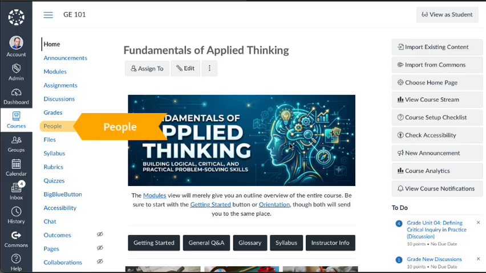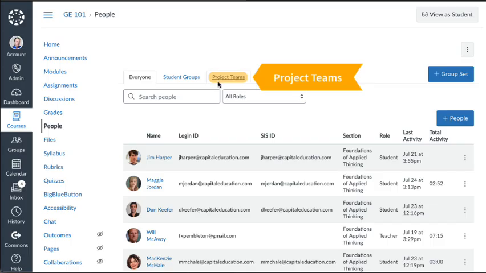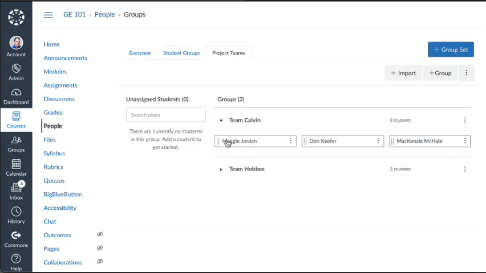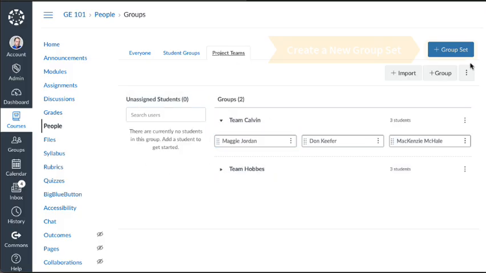Group work in Canvas can be set up in more than one way, and the right choice really depends on what you're trying to get out of it. Here's an existing group set, Project Teams. Students were placed into these groups directly, which gives you control over how skills and personalities are distributed across each